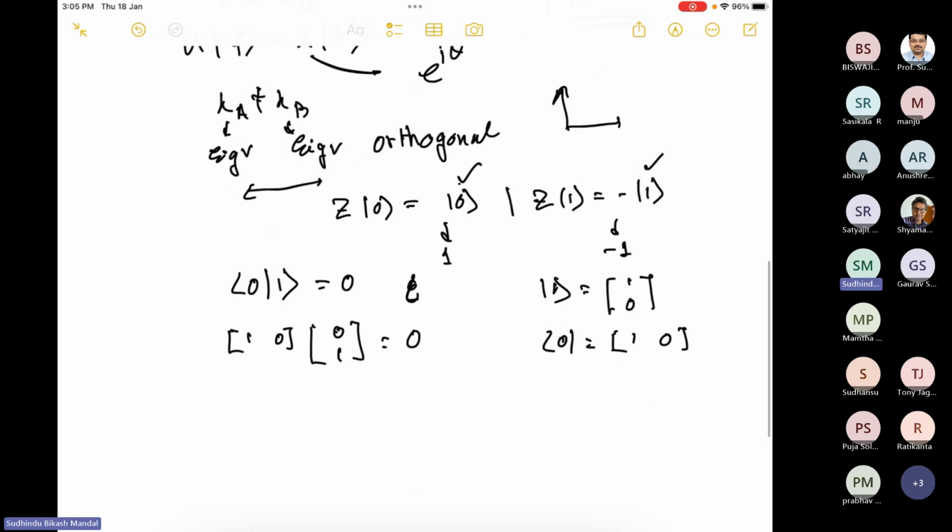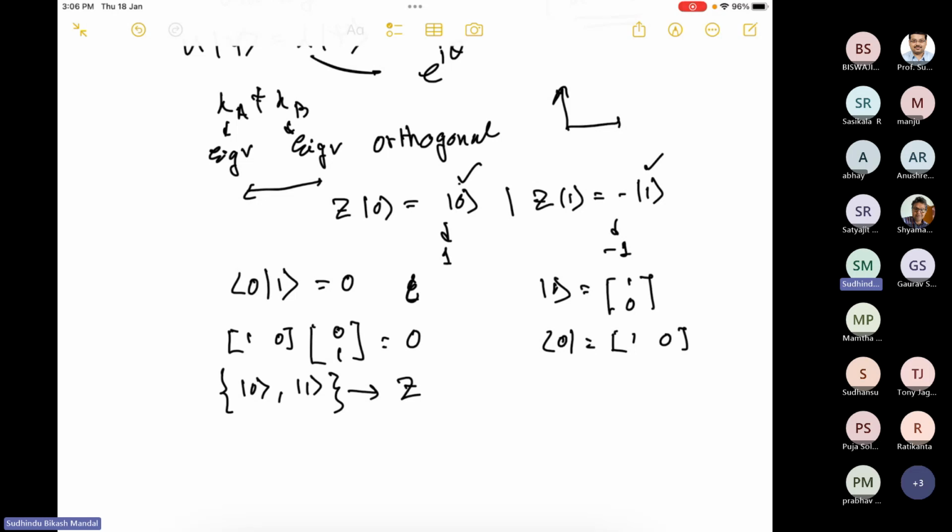That's why in quantum computing, there is a computational basis called the 0 and 1 state. They are orthogonal to each other, and this computational basis is actually the eigenspaces of our Z operator. And if we apply this Z operator over any qubit, it actually rotates over the Z axis.